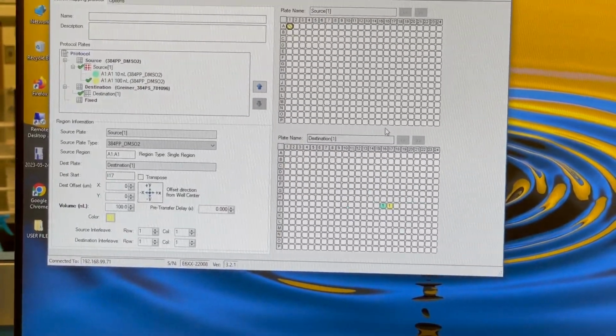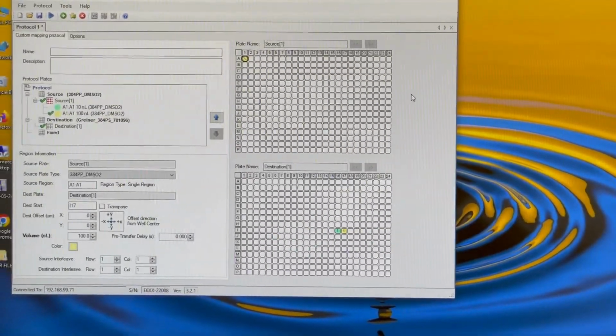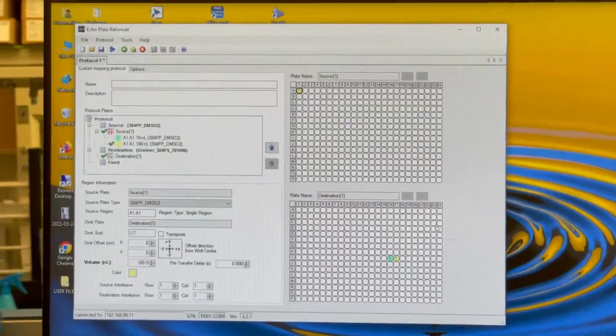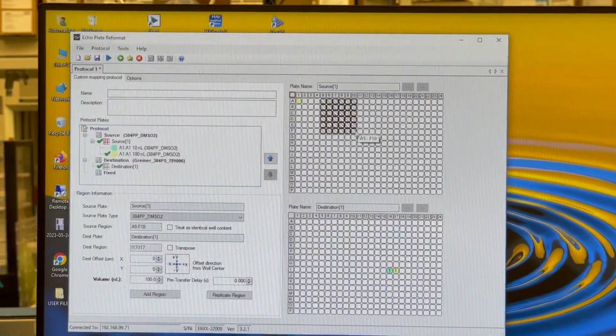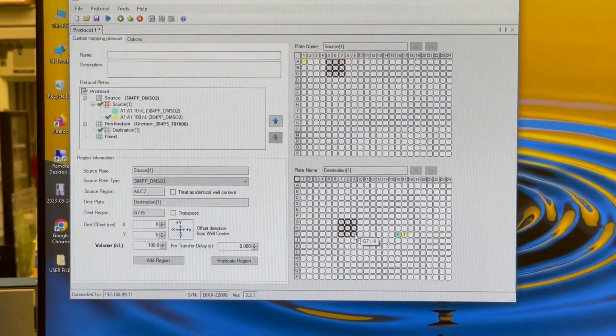So it's very adaptable. This device was originally designed for printing, so you can imagine having ink cartridges and then being able to print any color in any pixel. You can also select a whole region, and then replicate that onto the plate.